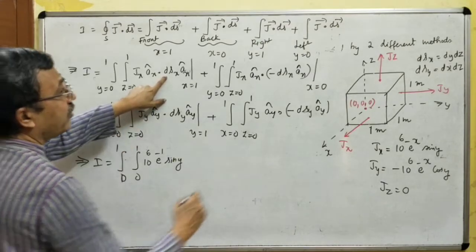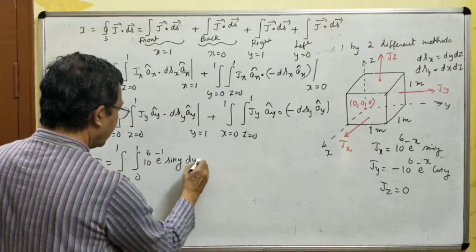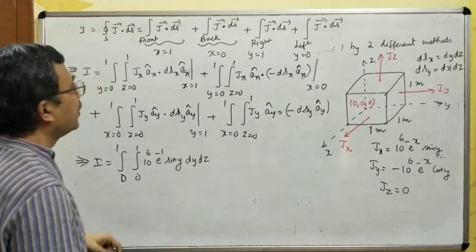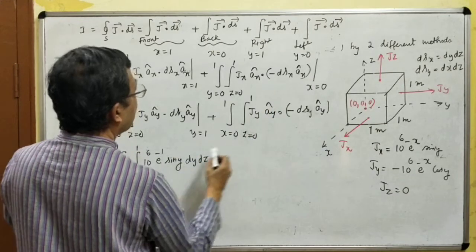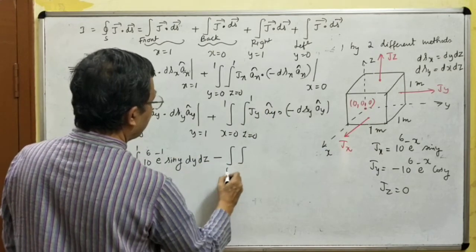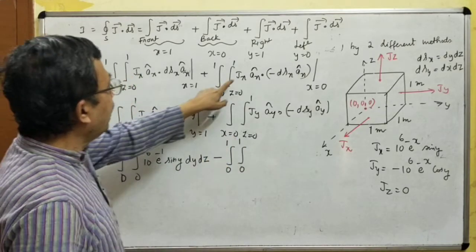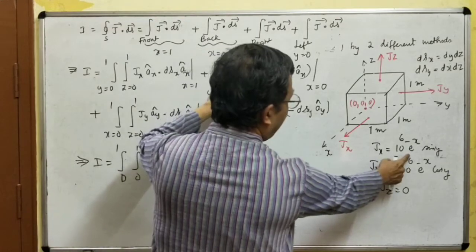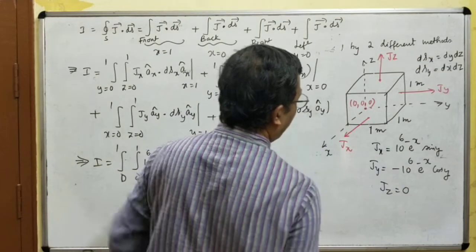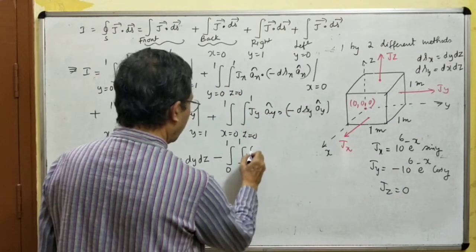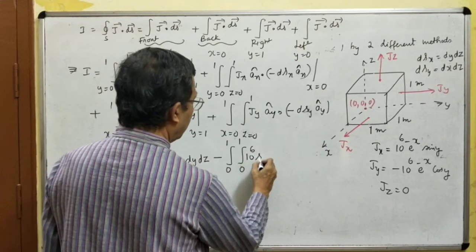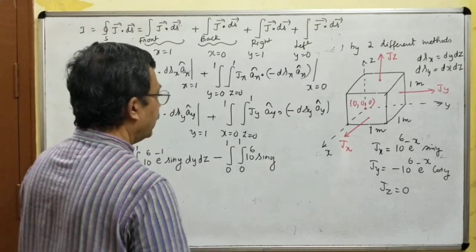Then what is dsx? dy dz. Then this minus sign you take out, double integral, y varying from 0 to 1, z varying from 0 to 1. What is jx? In this expression for jx, if you put x equal to 0, e to the power minus 0 is 1. Therefore, you get 10 to the power 6 into sin y dy